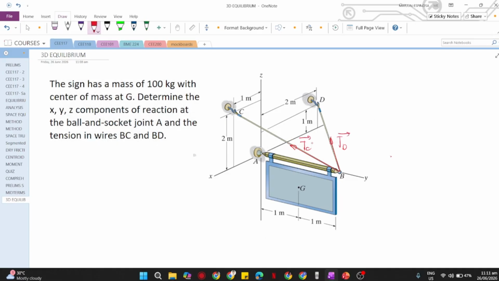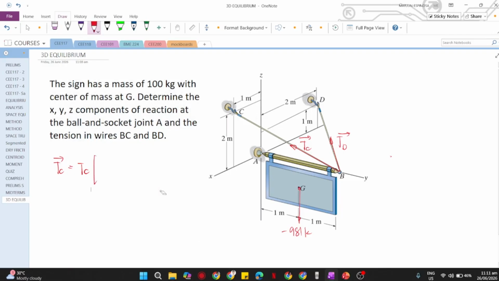Okay? So, aside from that, we also have here our weight, no? So, 100 kilograms, then multiply by 9.81 for the gravity. So, we have here 981. That's negative kasi that's opposing the direction of our z-axis. So, that is negative 981 K. Okay? So, for the tension C, we have here TC,